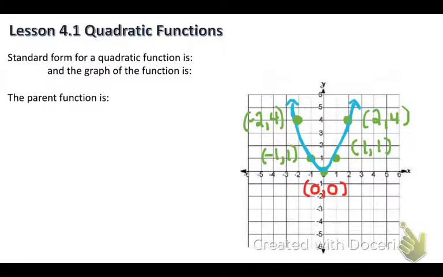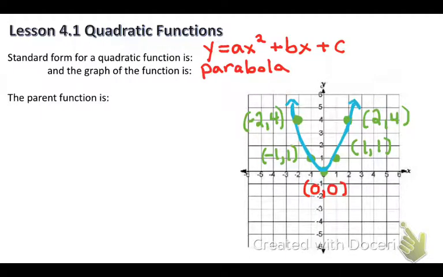Lesson 4.1, quadratic functions. The standard form for a quadratic function is y equals ax squared plus bx plus c, and the graph of this function is a parabola, a U-shaped graph. The parent function is f of x equals x squared, and the vertex is the highest or lowest point. I graphed the parent function, and you can see here that the lowest point is 0, 0, and that